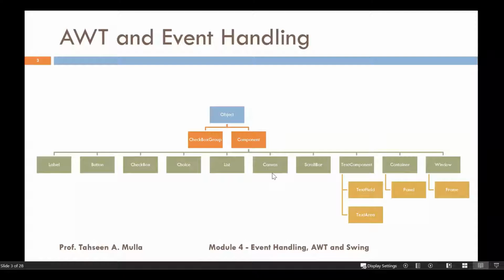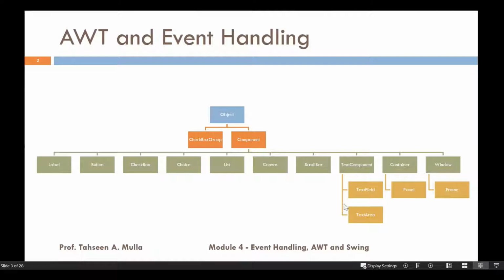This could be used as one type of layout, because there are different layout managers where you can create your graphical user interface so that it would be more interactive with the user. So rather than placing it on each and every pixel, you can go for different layouts which are provided inbuilt by Java, right? Next component, we have a Scrollbar, then we have TextComponent, Container, and Window. Now, these all are nothing but the components of AWT.